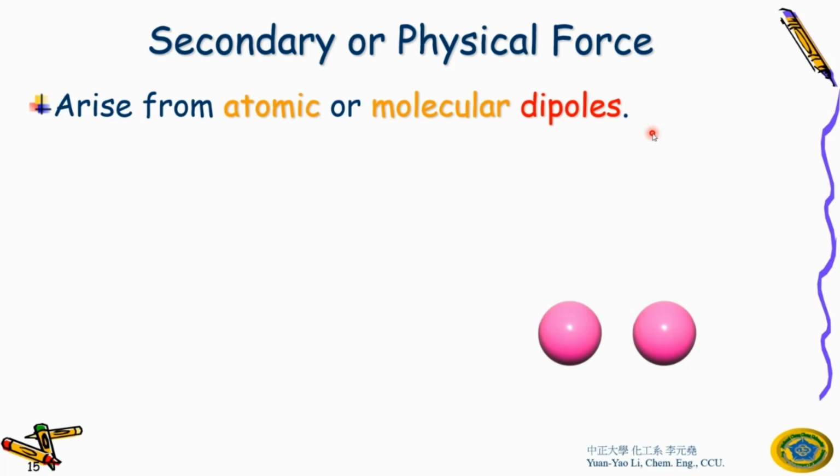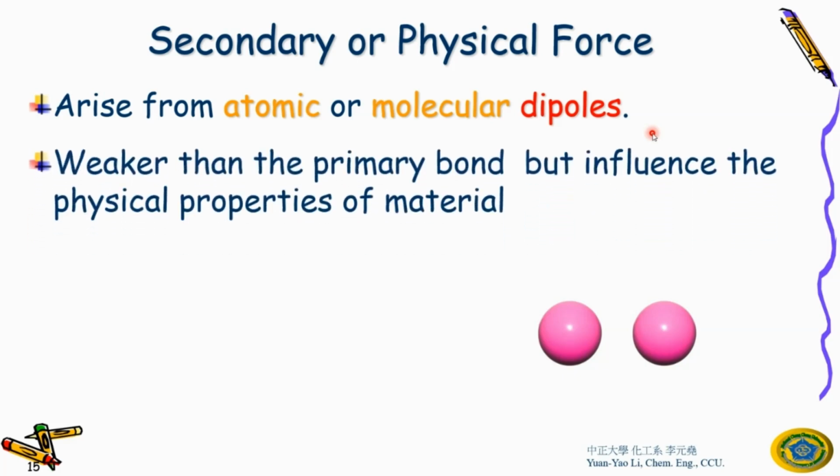So this is kind of a dipole. Well, I don't know if this is an appropriate example or not, but anyway, I just want to let you know that there are two types of forces. Dipole is very interesting. Actually, when you fall in love, it's difficult to explain. Anyway,